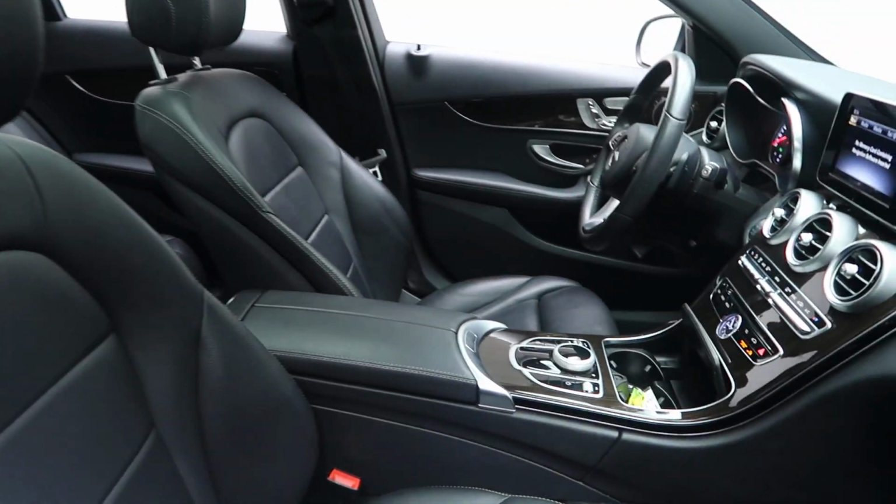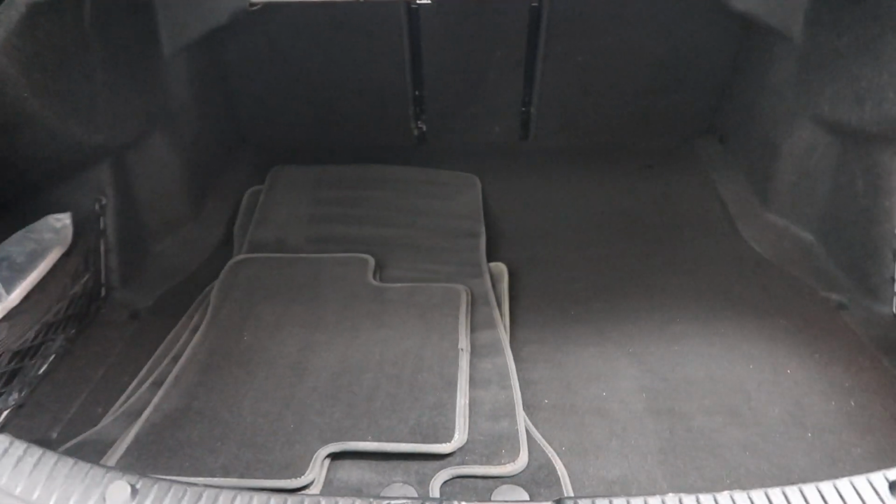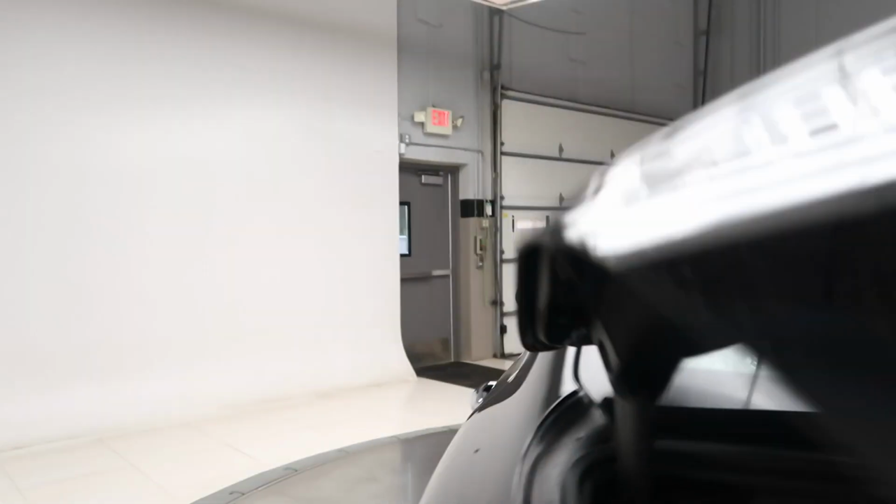Black MB-Tex interior with a dark brown Linden wood trim. Panorama sunroof. Around back, C300 4MATIC badging, clean set of floor mats, fold down rear seats,